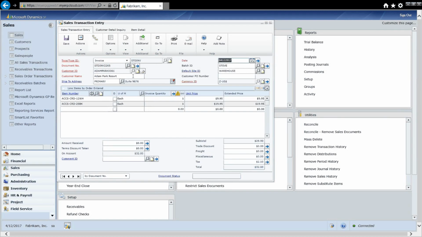So now you see I've got an invoice. This is a brand new document in the system, and it has an invoice number, and it's got these items on it. So to process this, all I would need to do is either print out the invoice, which I could do by clicking on print here,